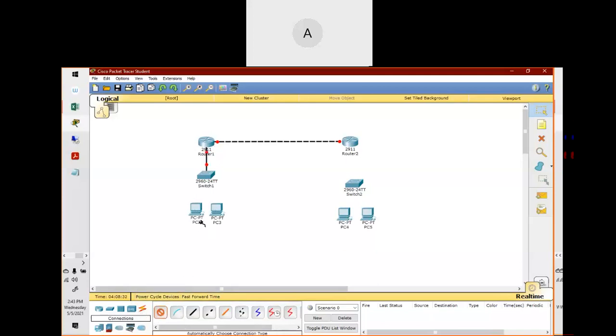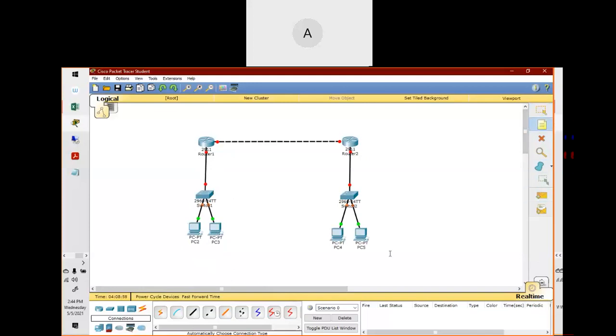Now it is connected here. Okay, now the IP addressing part.